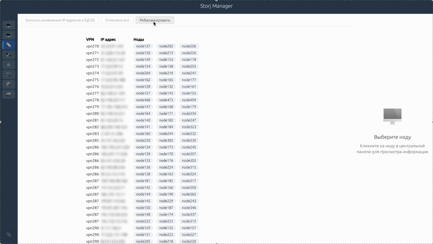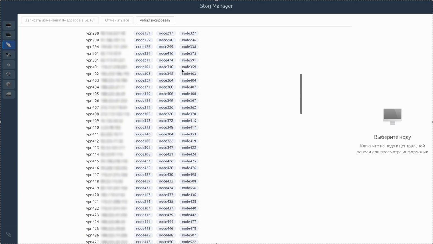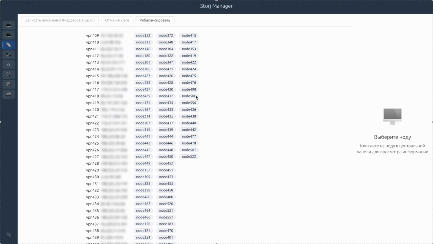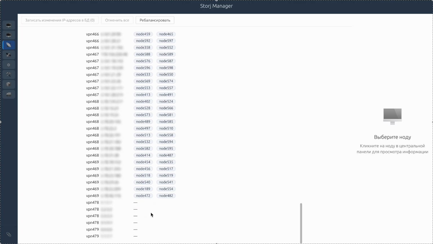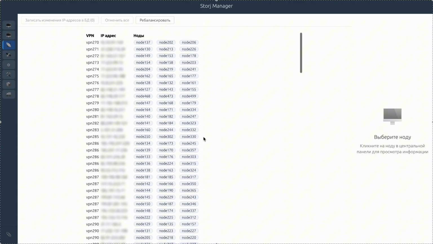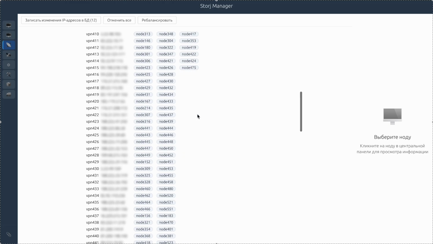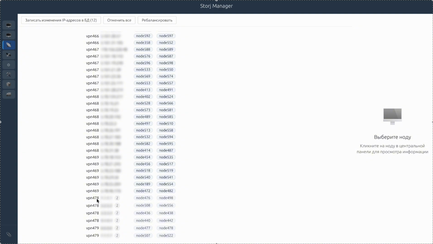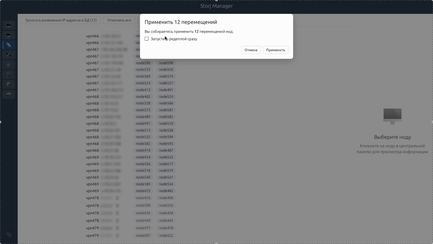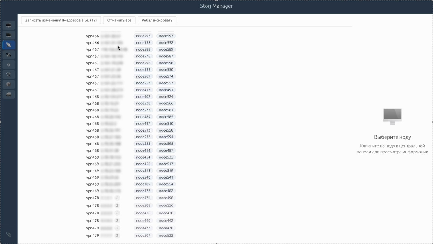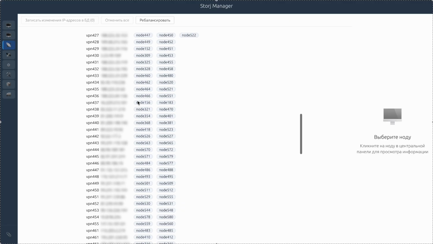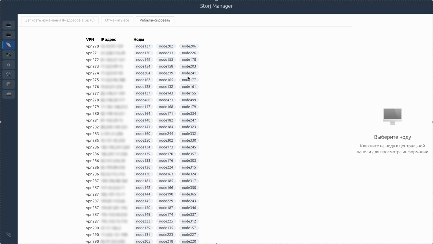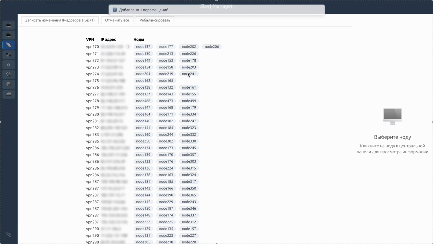If we press the rebalancing button, then nodes from more occupied IP addresses will move to freer ones. It will look roughly like this. We press rebalance, and some of the nodes that were here will go to the new VPN servers. After that, this can all be saved to the database and redeployed simultaneously. At this particular moment, we won't be doing this because our IP addresses are unofficial, but in general, the process works exactly like this. You can also move the nodes around manually, simply by dragging and dropping them